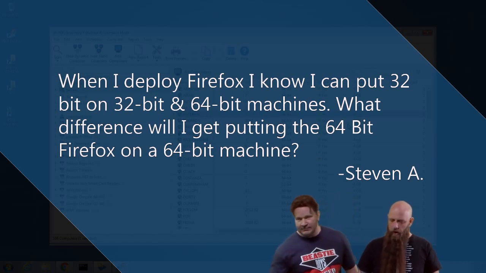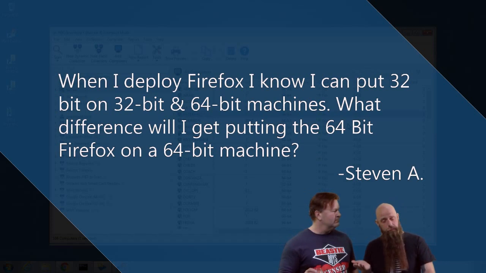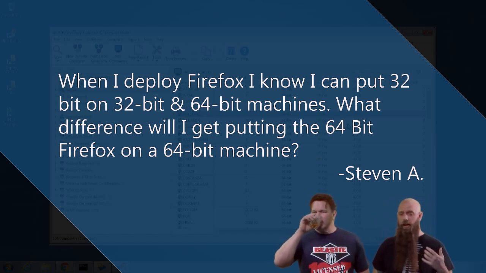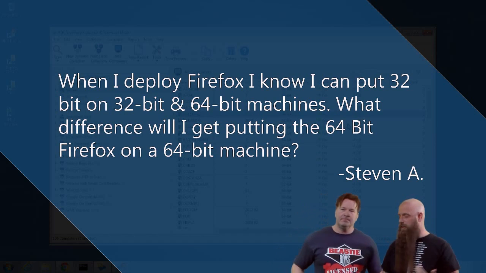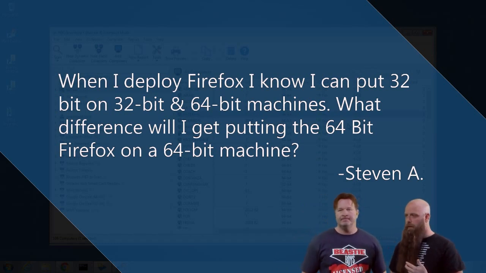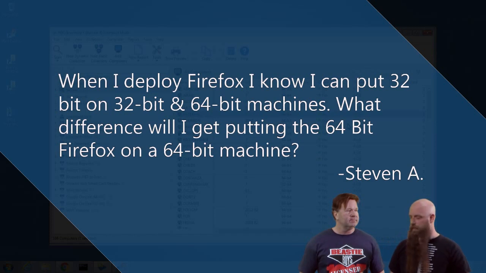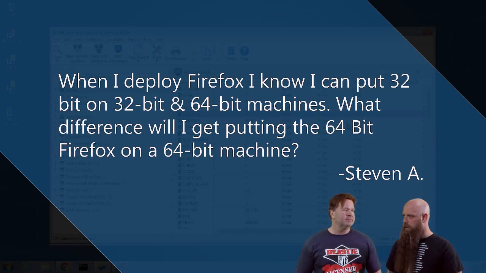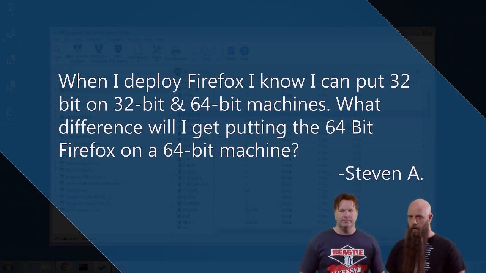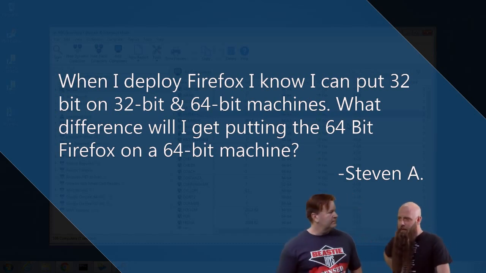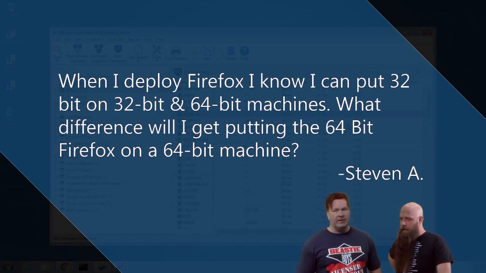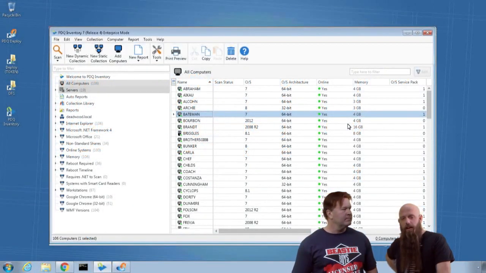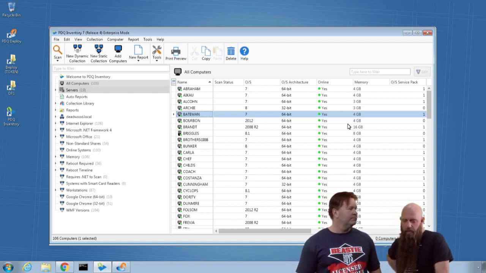Hey, Stephen. According to Mozilla, obviously you get the benefits of 64-bit, so you can address much more memory, but there's a severe lack of plugins. I believe they've added the Flash NPAPI plugin, so that works. Silverlight, there might be one more. Java doesn't work. And since Firefox is slowly phasing out NPAPI anyway, the answer is, on the downside, lack of plugins. The plus side is